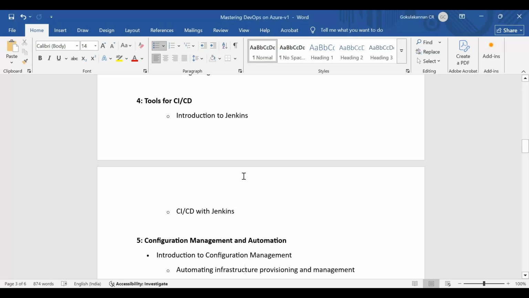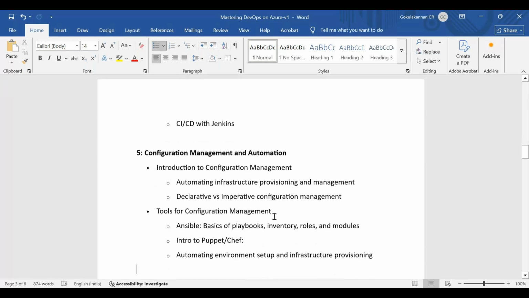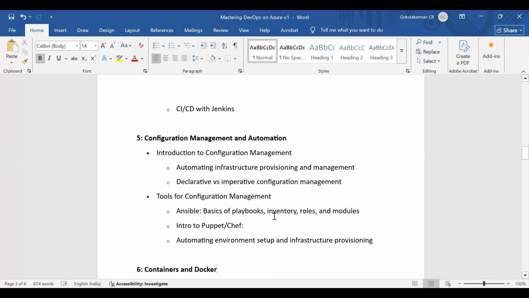And configuration management. So again, this is one of the main asks for DevOps persons. Though we are working on the CI/CD pipeline and all, there are cases where you have to work on some infrastructure configuration management.